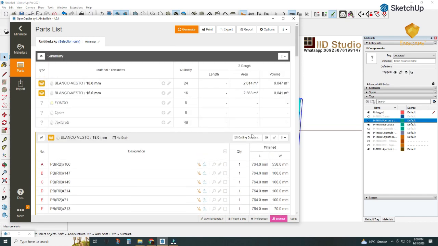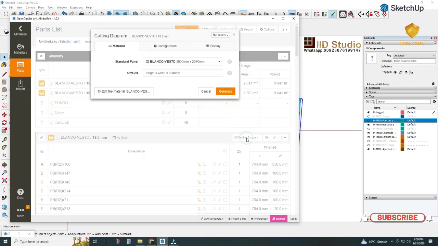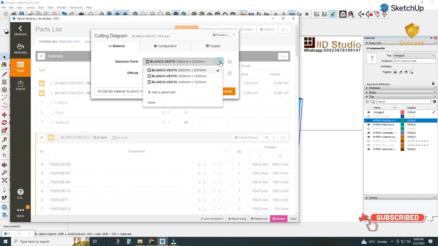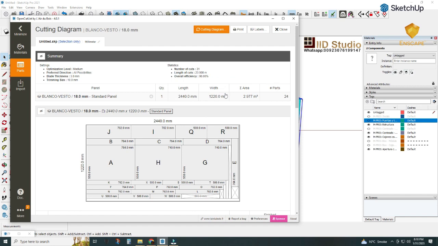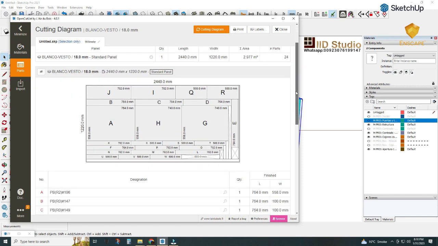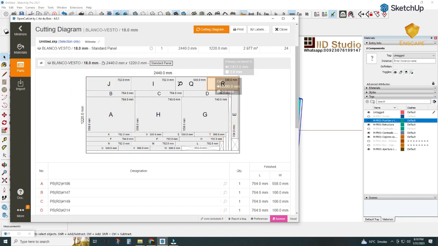For 18 mm, let's press here and select whatever size of the sheets you have in your country. I have this size in my country, so let me select it. If you have some cut off piece, you can write here, so that cut off piece will be used also in this diagram. Generate, and now you have all the parts